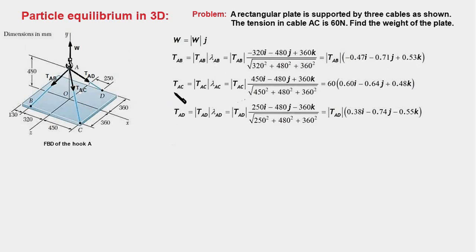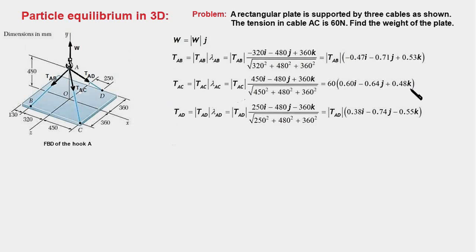Likewise, we determine the force TAC, and that will be equal to magnitude of TAC times unit vector along AC, and for determining the unit vector AC we have to travel from A to C, and we go 480 mm in minus y direction, we go 450 mm in positive x direction, and 360 mm in positive z direction. So we get 450i minus 480j plus 360k, and the denominator is the magnitude of this position vector. We know the magnitude of this force TAC, it is given to be 60 newtons, so it will be 60